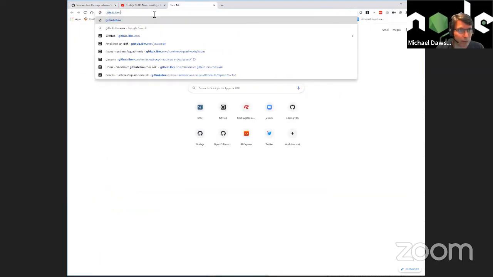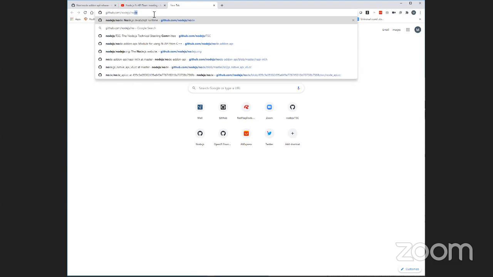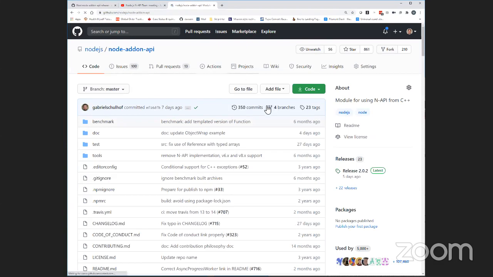GitHub. If you go on releases, on the right, on your right. No, down, right down.